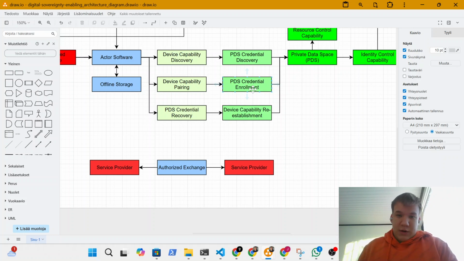I could move it around to as many devices as I like, and I would then pair all those devices. They would have a capability I can discover that I can use to discover and decrypt the PDS credential, and